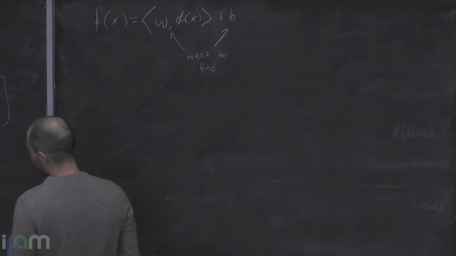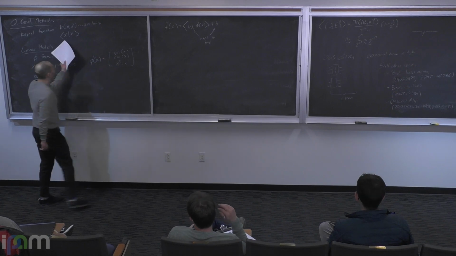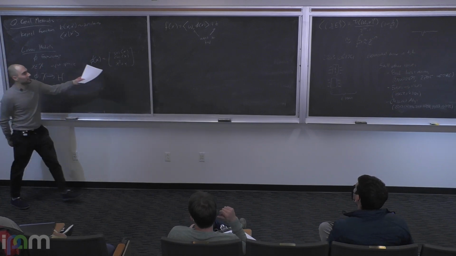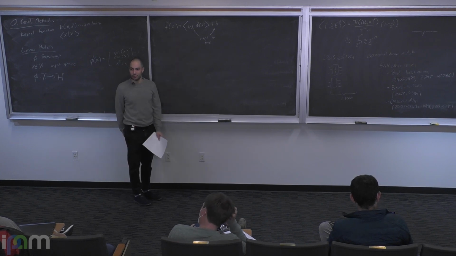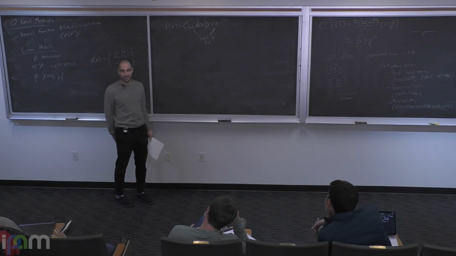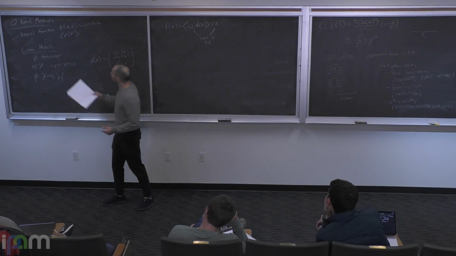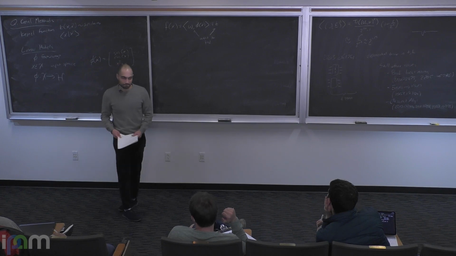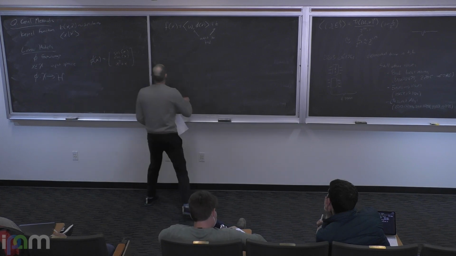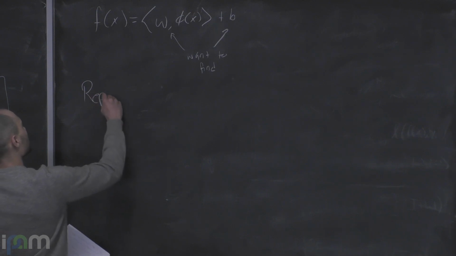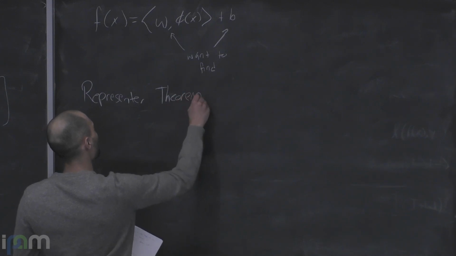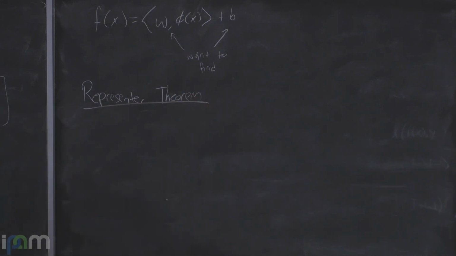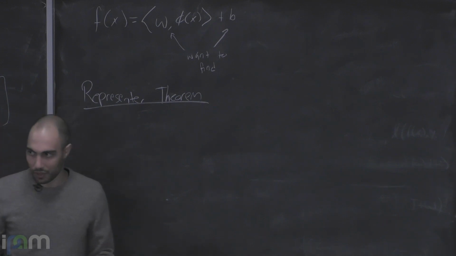Now I mentioned that we really only want to use the kernel function. W here is some vector in the Hilbert space. We don't want to ever have to construct this, since that would mean finding some quantum state. Our goal is to write everything in terms of the kernel. So how do we do this? There is a very important theorem in kernel methods called the representer theorem. I am just going to write it informally here,